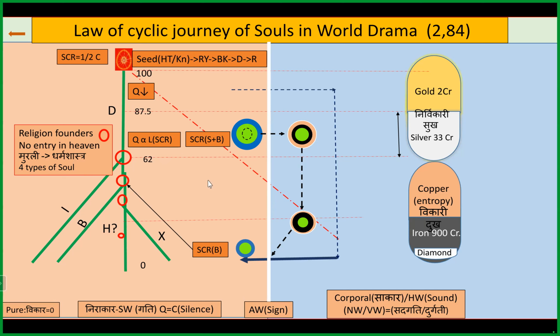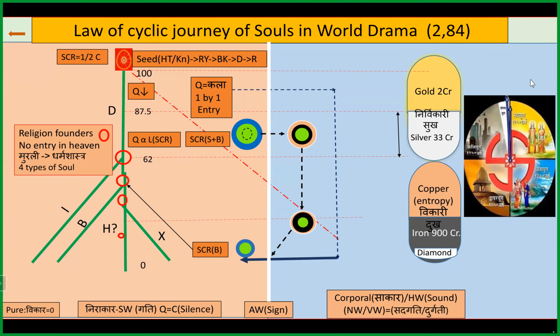So we have the four scripts, and we can say that this is the Ibrahim branch, this is the Buddha branch, this is the Christian branch, and this is the deity religion, which will become Hindu. The rule is that when this queue becomes the color of this world, then the soul enters. So this is the rule of entry. Entry is always one by one at a specific time. And this is the world cycle.